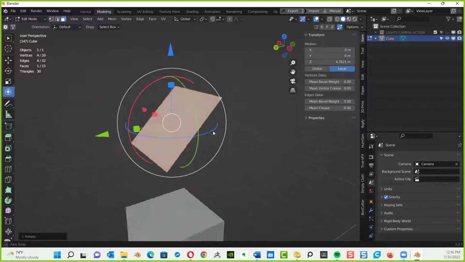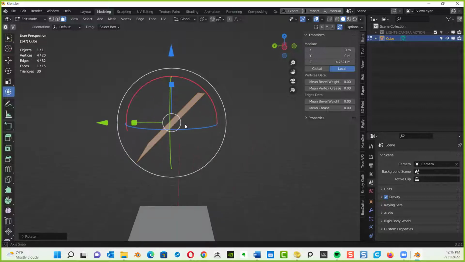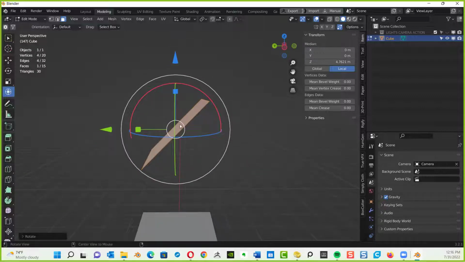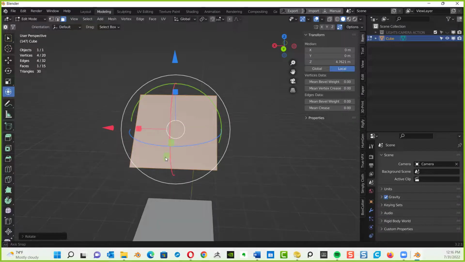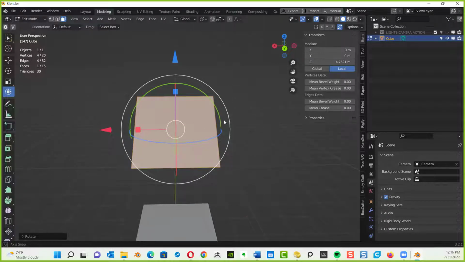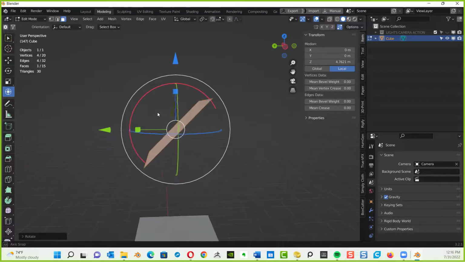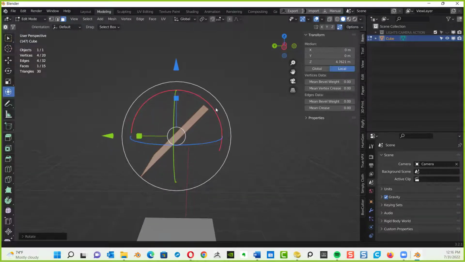Now take notice that when I rotated this, the 3D widget is still pointing up and down. Z-axis up, Y-axis going in and out, and the X-axis going right to left, right? That's kind of unexpected, but there's a reason for that.